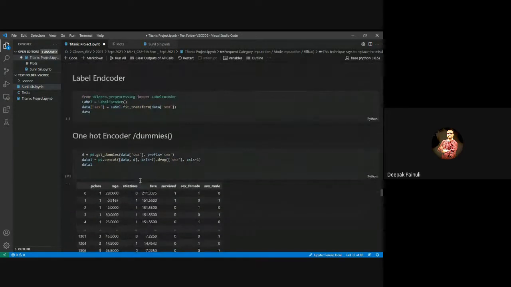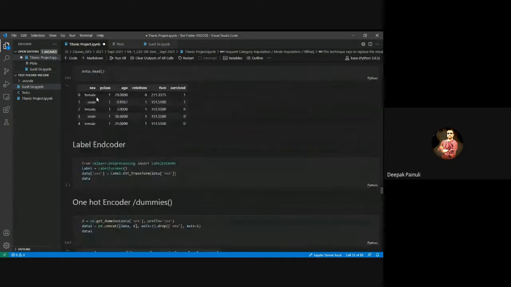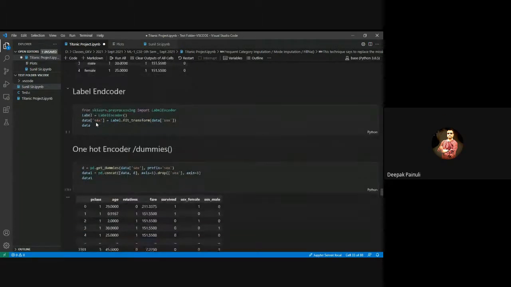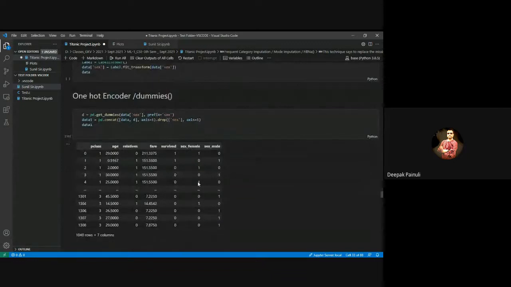So there is some difference. You may check, in the label encoder, it will simply replace female with 0 and male with 1 in the same column. But in the one hot encoder, it will create dummy features using the number of classes, like we have two classes, female and male, in the sex column.